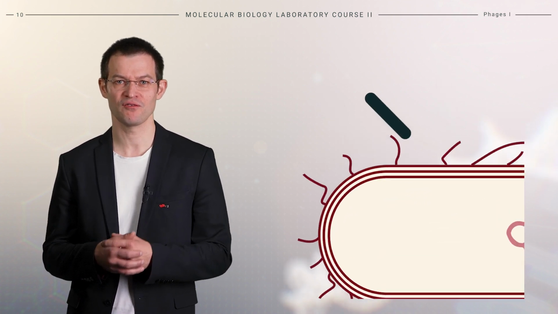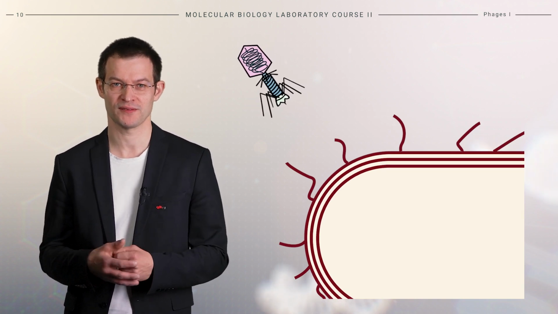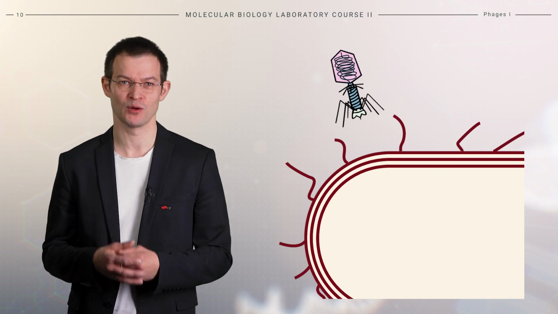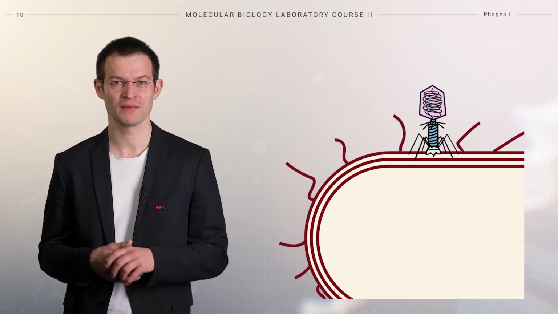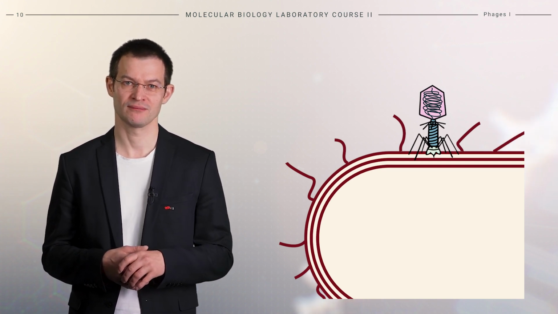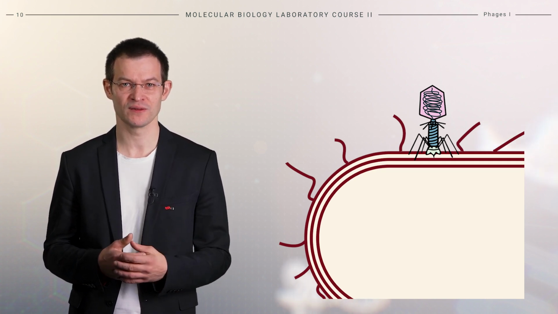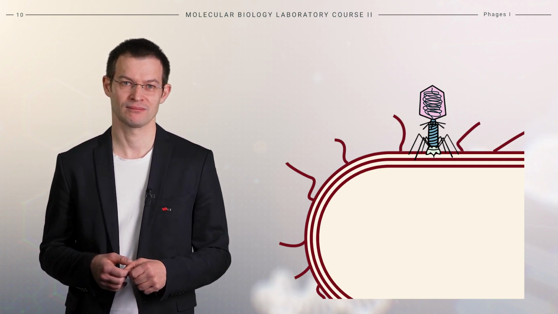Let's have a look at how phages infect their host. Phages do not move with purpose. Rather, they rely on random interactions to find their bacterial host. Once a phage comes into contact with a bacterium, it attaches to the cell wall using specialized tail proteins. This binding occurs through electrostatic interactions and is influenced by factors like pH and the presence of certain ions.